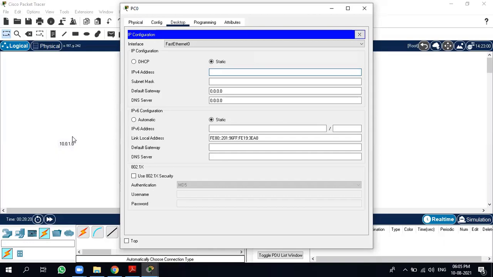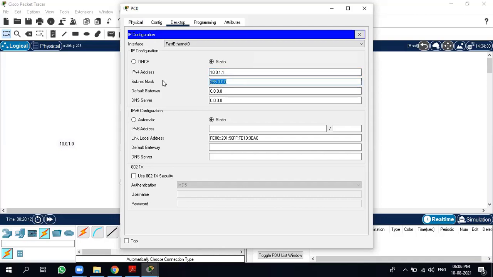So I am assigning this IP address in this network 10.0.1.0. So the IP address would be like this, 10.0.1. Till that everything is same. If you can notice over here, I will replace this 0. So I will select here 1.